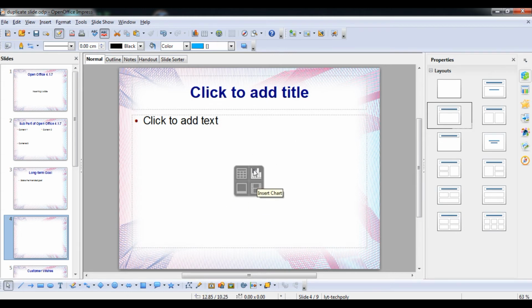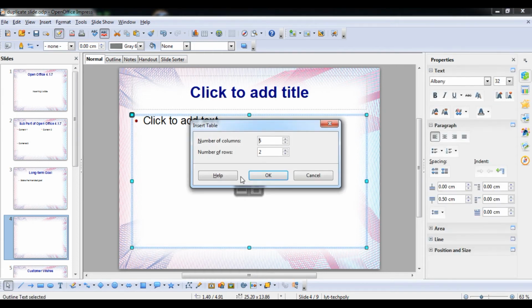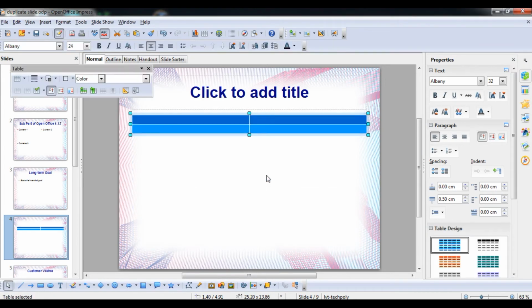Okay, this small box is actually a template for inserting content in the presentation. Suppose I am going to insert a particular table. If I click on this, it will open a dialog for the number of table columns. So I will do one thing, student: I will insert only 2 by 2 columns. Now you can see it is inserted.